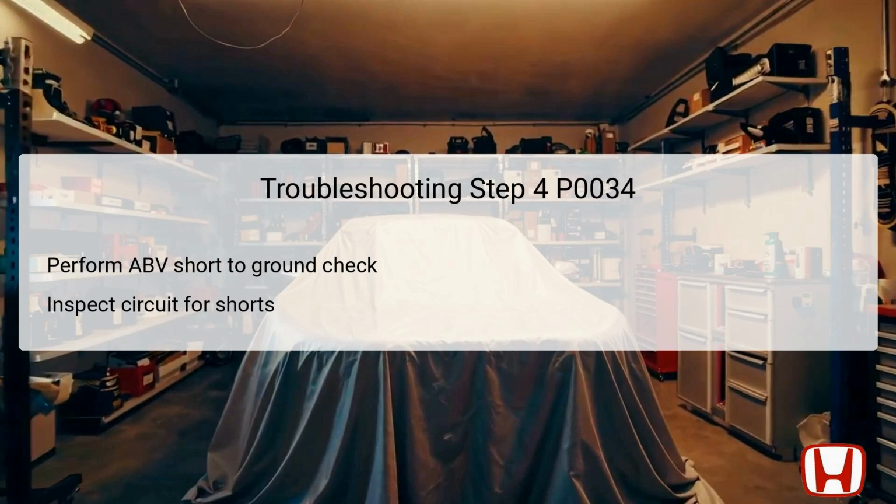Should the reading fall below this threshold, it suggests a serious issue within the wiring, such as a short circuit that requires immediate attention. Addressing this problem is vital to ensuring that the solenoid can receive the correct voltage signals from the PCM without interference that could cause DTC P0034 to recur. In the fifth step of troubleshooting DTC